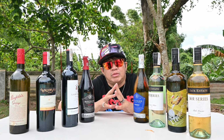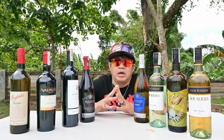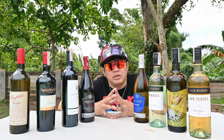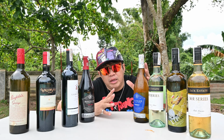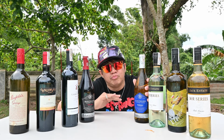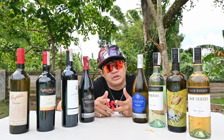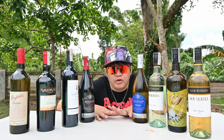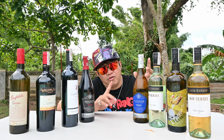To make it easier for you to remember how to read the wine label, especially if you are a waitress or a wine steward, you need to introduce the wine bottle to the table. So I will give you a short brief, especially for the newbies and greenhorns starting to serve wine. Alright? You have to remember at least the 4 Vs. First